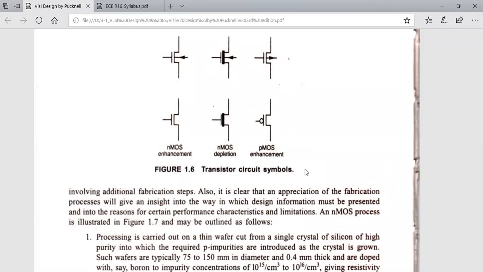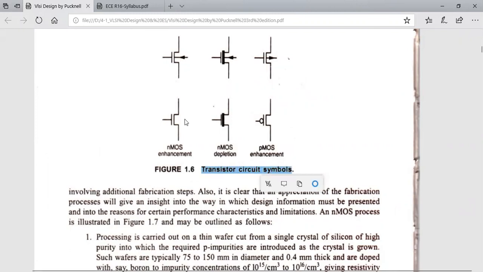That means linear region. It will be in the linear region for some amount of time. That means as per the input, it is going to vary the output. That is called as linear region, proportionate region actually. Then it will be reaching some saturation. That means it is in the on position. Okay. Saturation is some on position. Okay. We can see here general indication of the transistor circuit symbols.